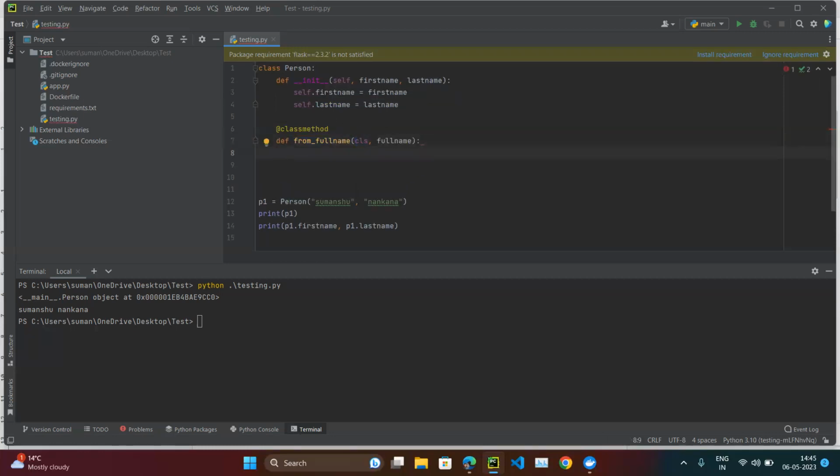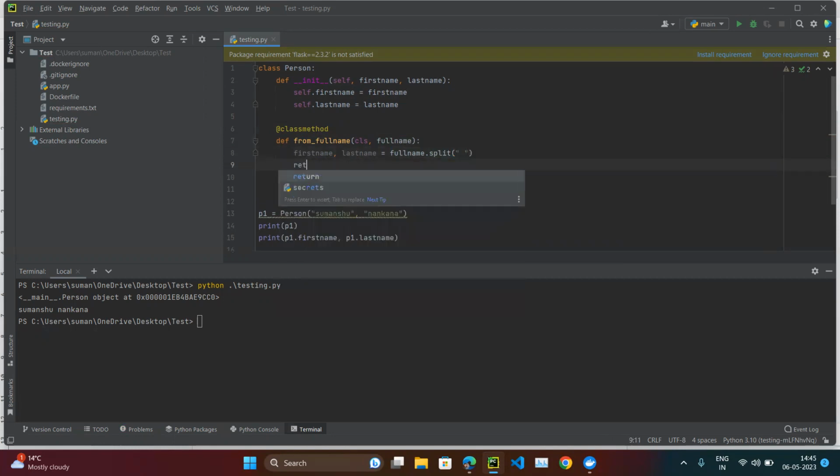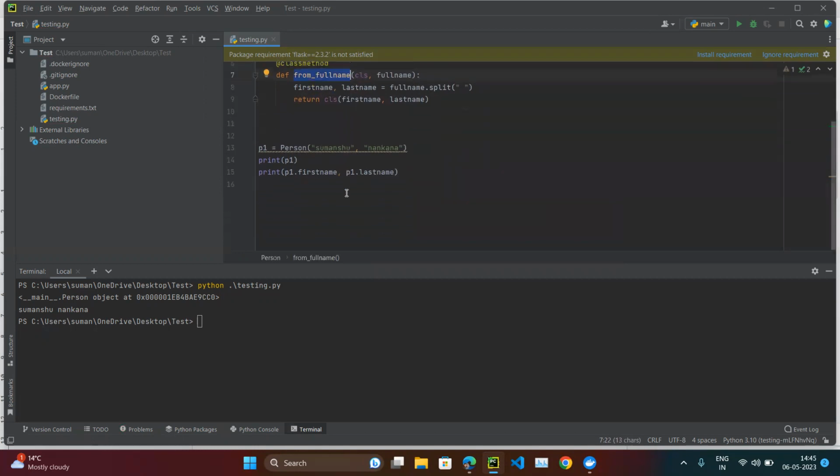Then it will get another variable, full name, and let's extract the first name and the last name from the full name. First name, last name is equal to full_name.split, and then return the first name and the last name. Now, if I have to call this function, the recommended approach is